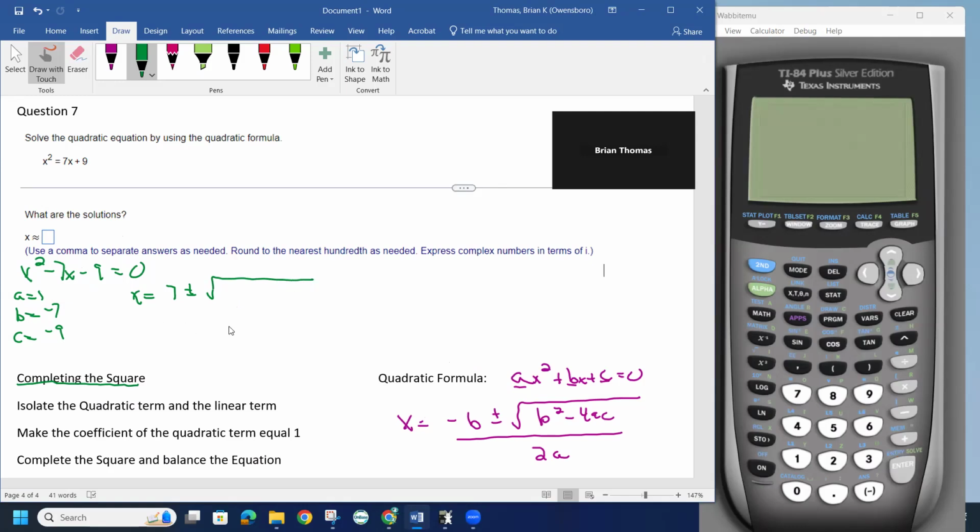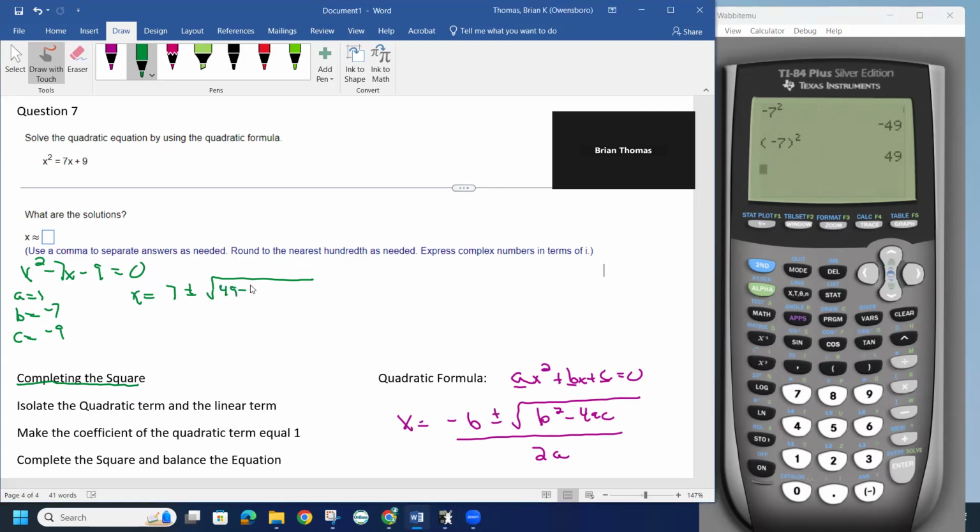And then I have to square b, so negative 7 times negative 7, or negative 7 squared. If I'm going to put a negative 7 squared in the calculator, I do have to use parentheses. So notice that if you just put negative 7 squared into the calculator, it doesn't do it correctly. It actually only squares the 7 and takes the opposite of that to make it a negative. So a negative 7 squared, you actually have to put that in parentheses. So 49